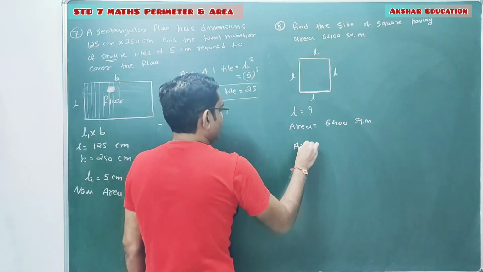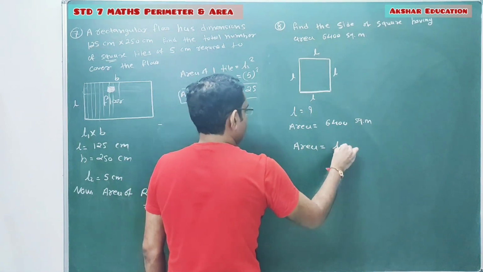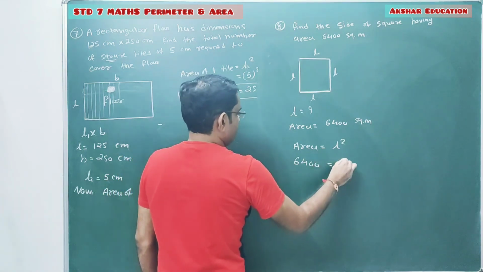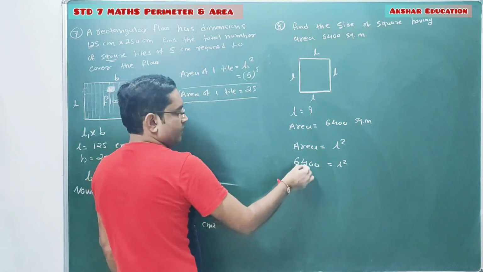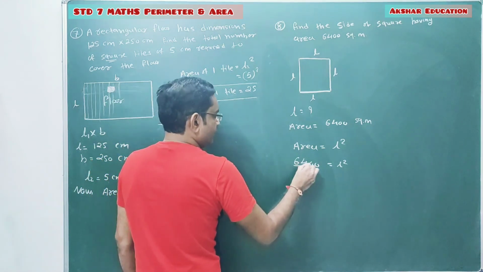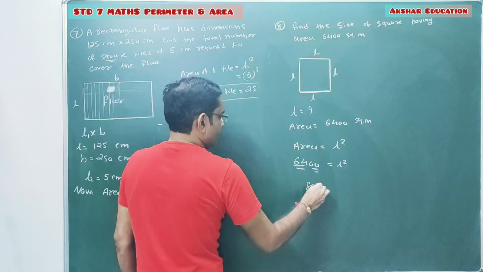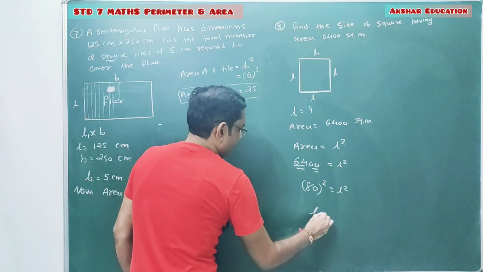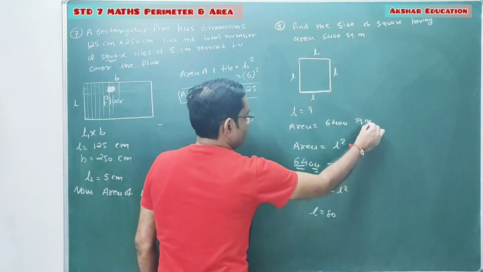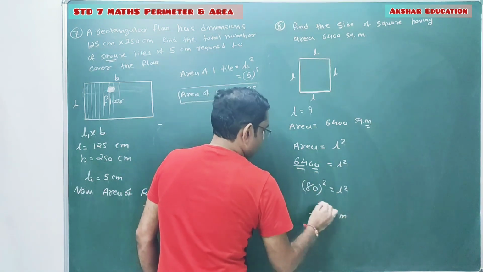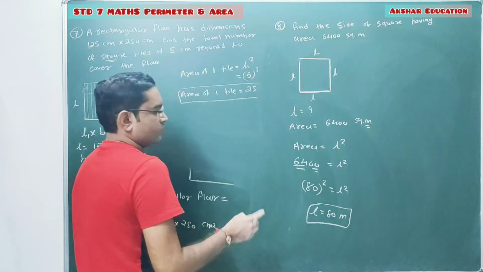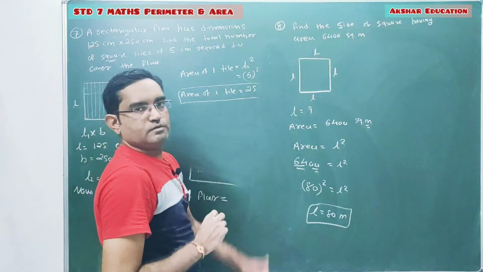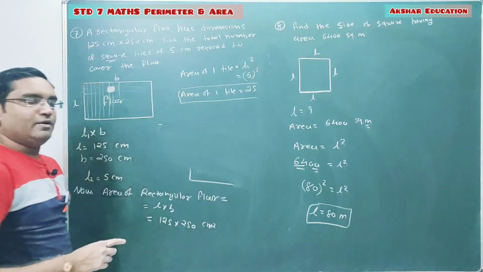Simple sum. So area of the square is nothing but L square. So area 6400 is equal to L square. Now we have to consider, 64 is the square of which number? It's 8, 8 8s are 64. So 80 whole square is nothing but the L square. So we can write L equal to 80. Square meter is there, so your dimension is in terms of meter. So length of side of the square is 80 meter. This is the answer of this question. Clear students? Now pause the video and note it again.